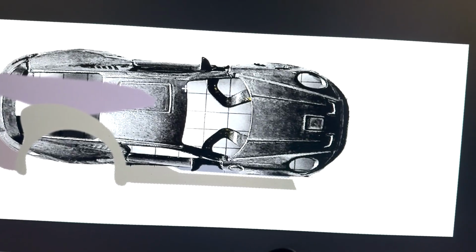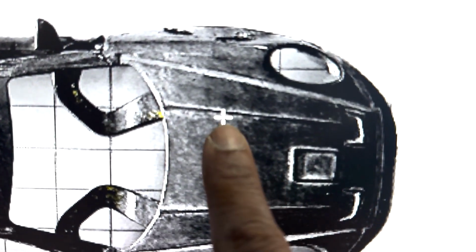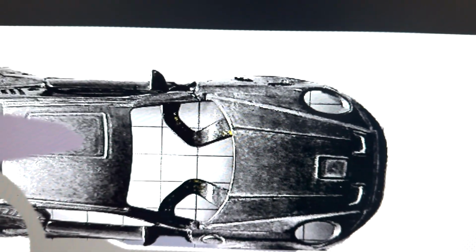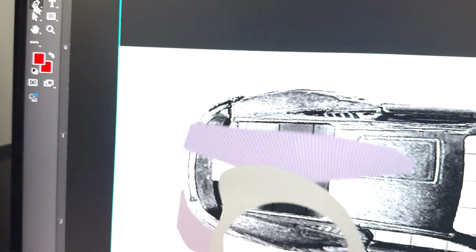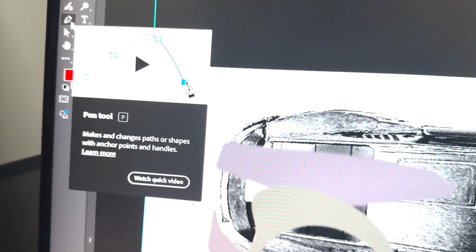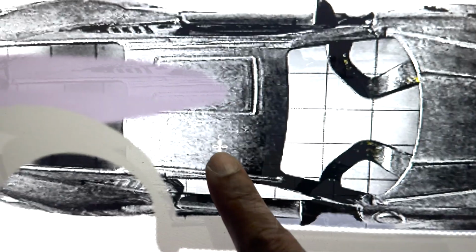change this. For example, if you're using Photoshop, you can see this plus symbol, this cursor. If you click the pen tool, or any tool, by selecting it or pressing P, you're seeing this plus symbol. But if you want to see it as a pen tool, what you need